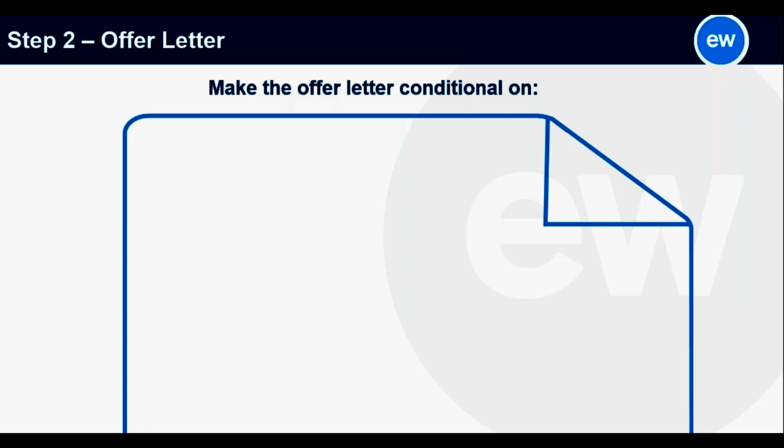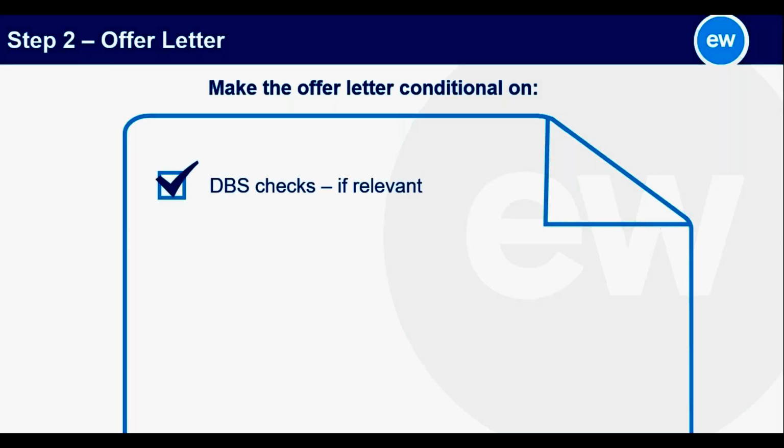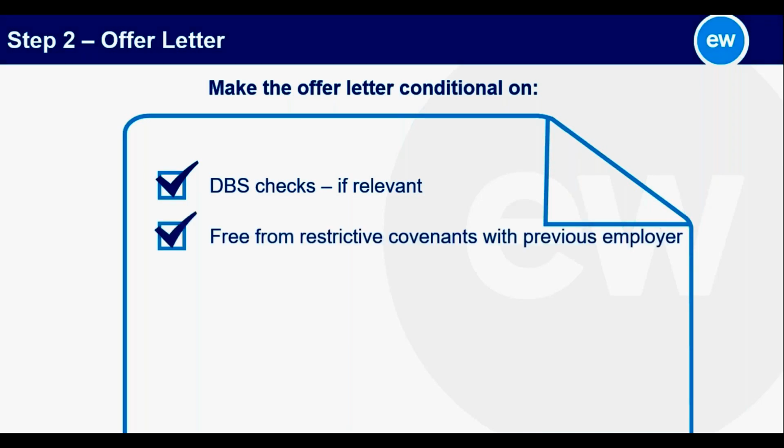the offer is made subject to terms set out in your standard contract of employment and any other conditions that are important to you. For example, getting a satisfactory DBS check if that's relevant and required, or perhaps the employee being free from restrictive covenants with their previous employer. Remember, a contract of employment does not have to be in writing. It could be agreed verbally over the telephone or perhaps face-to-face, and so care does need to be taken over discussing the offer or the terms and conditions, as that sort of contract of employment could be established by verbal